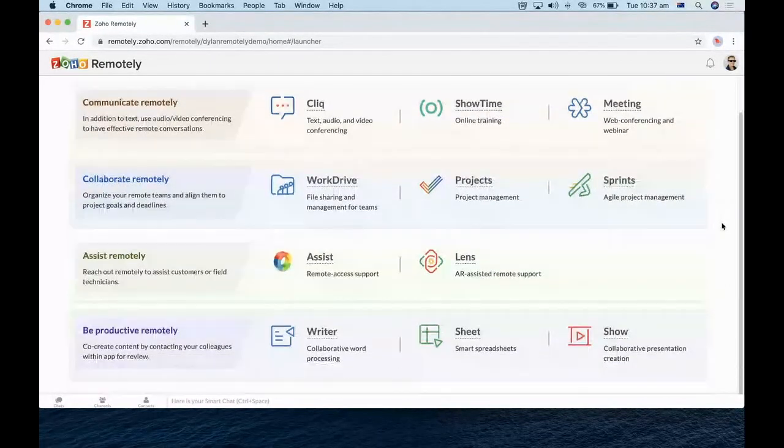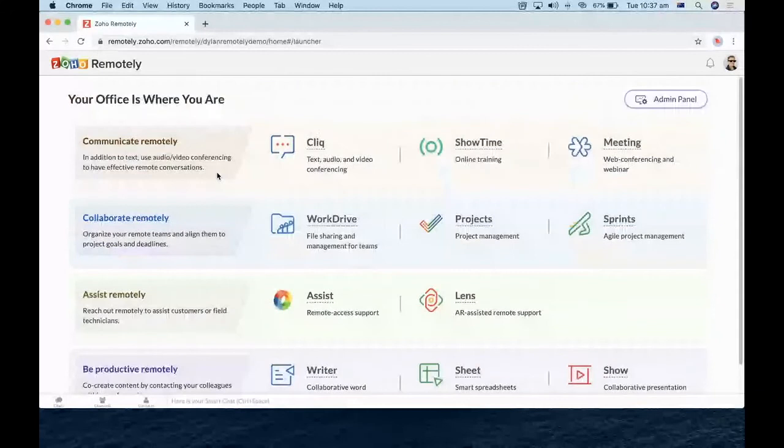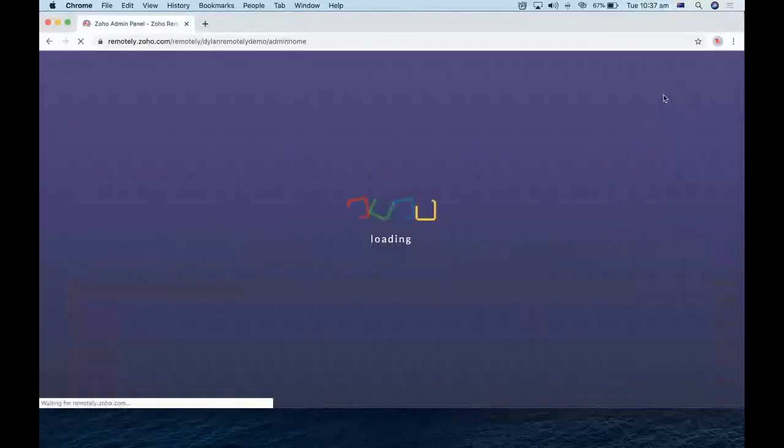But basically, you could just click into these products. It would open in a new tab and it would go into it. Or you could simply type in a new tab, click.zoho.com, and that would open up. So heading into the admin panel,